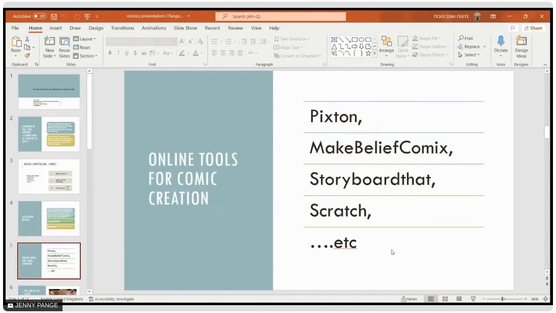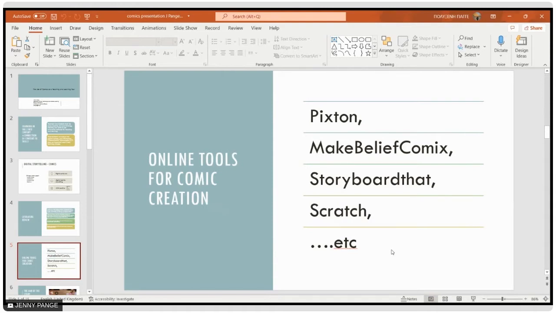There are many online tools for comic creation, and some of them are free, so they are easy for students to use, but they have some problems because they have a limited number of objects that you can use, limited stories you can create, and so on.